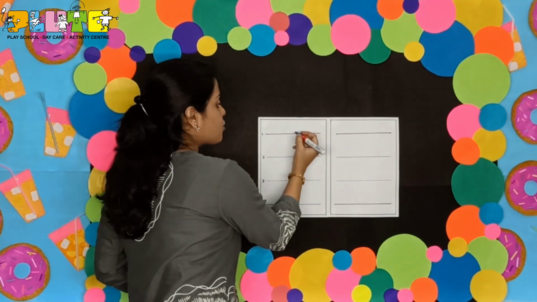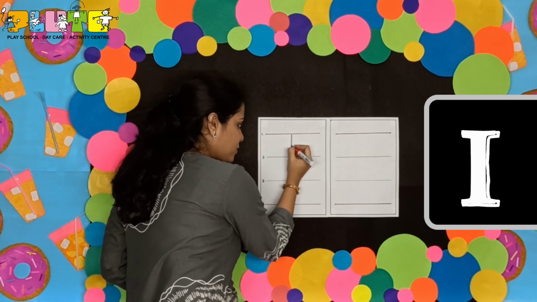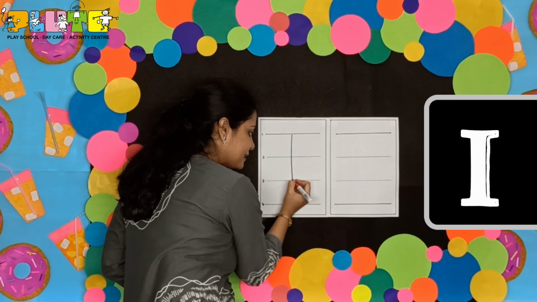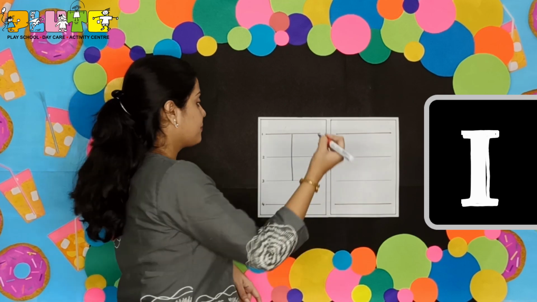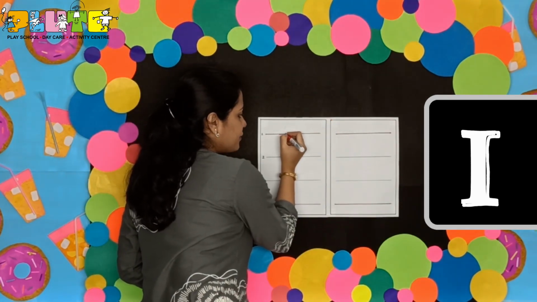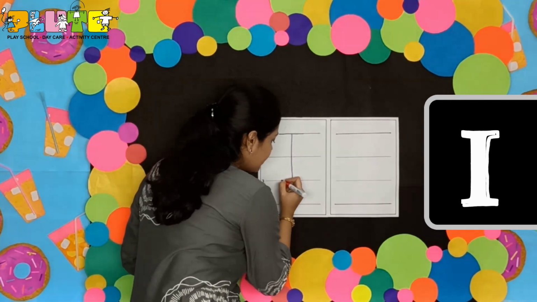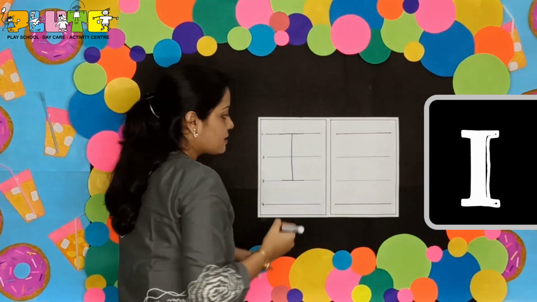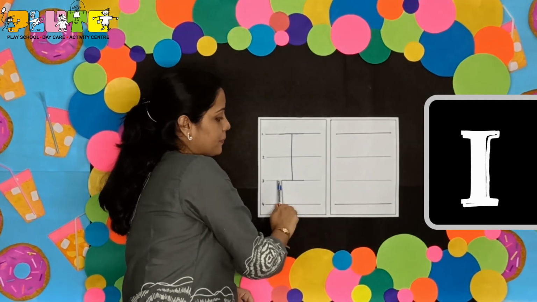So the first alphabet that we will write with the help of standing and sleeping lines is I. So how will we write? First we will draw a standing line. I'll start from the red line, slowly go down till the 3rd line. See children? Then I'm going to draw sleeping lines. First I'll draw on the first line and again another sleeping line on the 3rd line. This is I. For I, we need to draw 1 standing line and 2 sleeping lines.